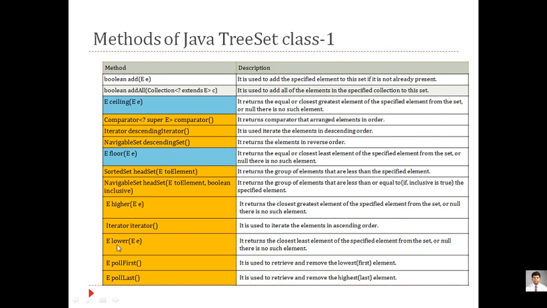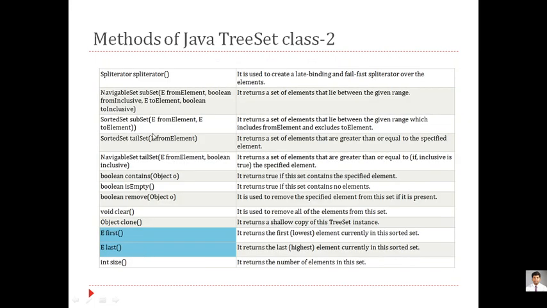Same, higher, we have used iterator, lower, pollFirst, pollLast, then spliterator, we have used subSet with two values. From NavigableSet also we have used subSet, we have used tailSet. So tailSet can be used in two ways, in SortedSet also and in NavigableSet also. Same function, same functionality, no change. Only parameters are changed. If you are using Boolean value true and false, it will be considered as NavigableSet. If you are not using true and false value, it will be considered as SortedSet. So tailSet, contains, isEmpty, remove, clear, clone. I think all functions of this TreeSet we have completed.